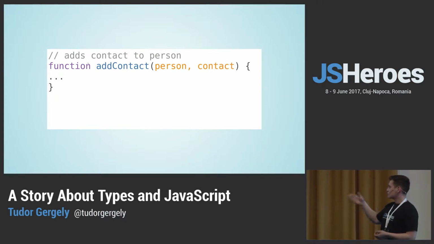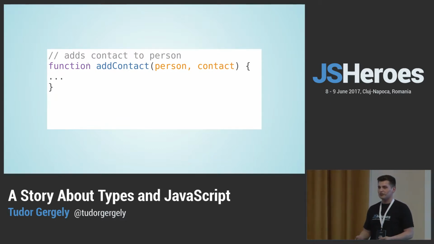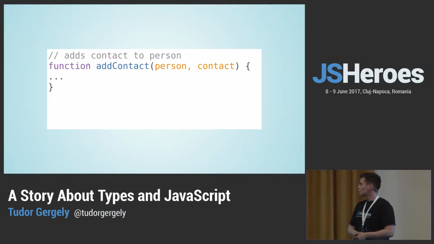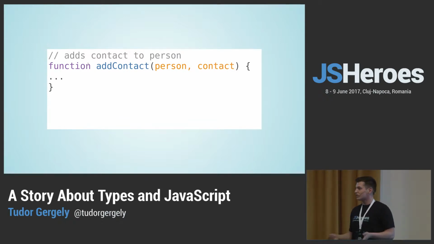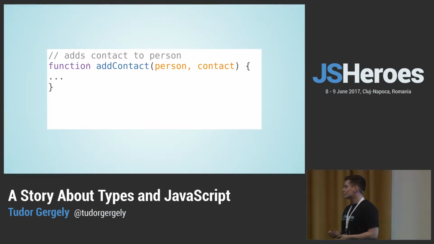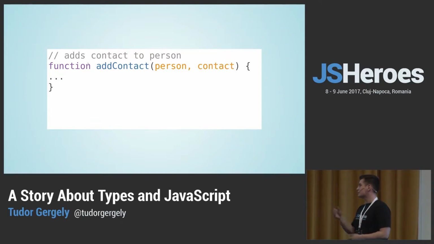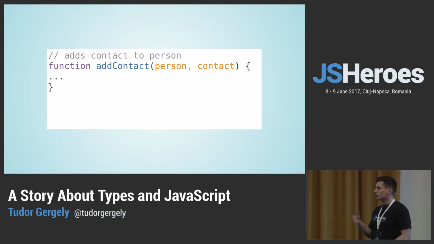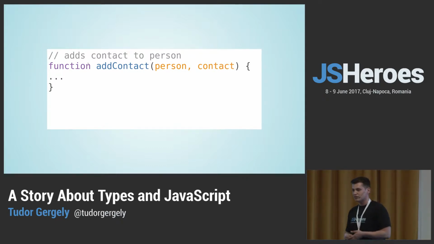So you get a function which gets a person and a contact. Is this descriptive enough? Have you ever asked yourself, okay, but what happens if you have 7 types of persons? Because in big projects, you might have a domain model with a lot of persons with similar types. What happens if you have different types of contacts? What will happen if you give null, or another value? What will happen then in this function? You cannot tell just by looking at its documentation, at its signature, because JavaScript doesn't tell you this.